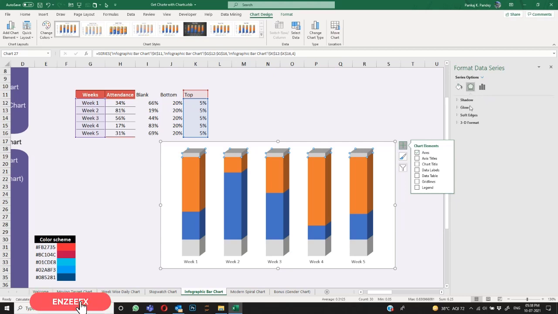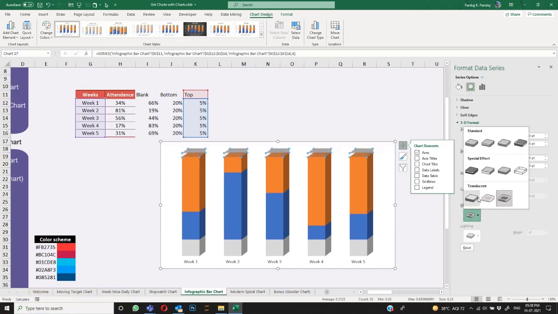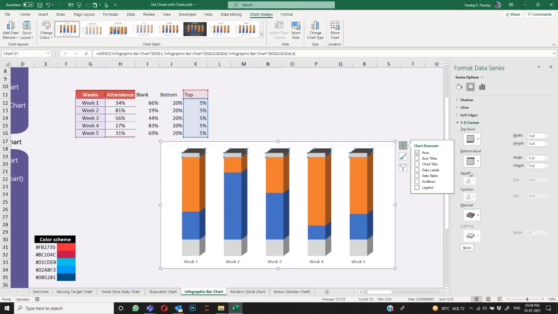And here you have more options like 3D format. You can select the material like this, and this is looking very cool, sharp edge, maybe this. It's totally up to your R&D, what material you like and what looks good per your need, go ahead with it.